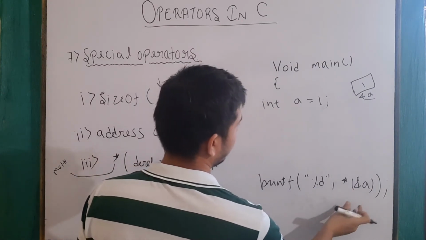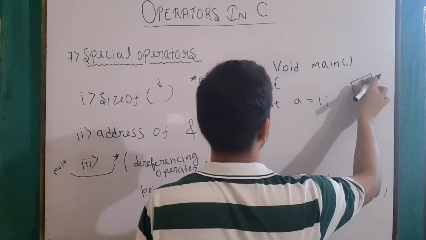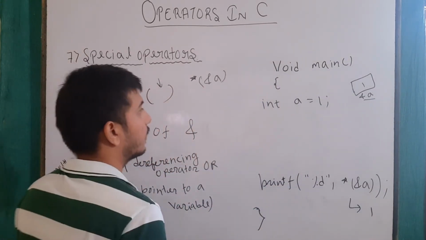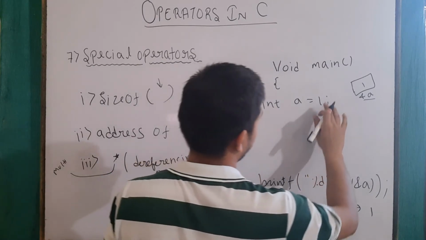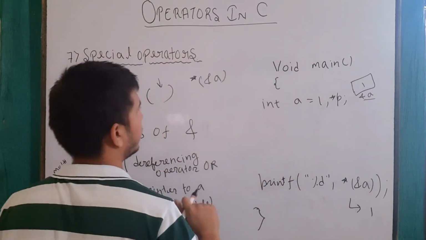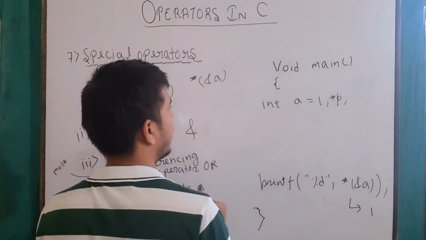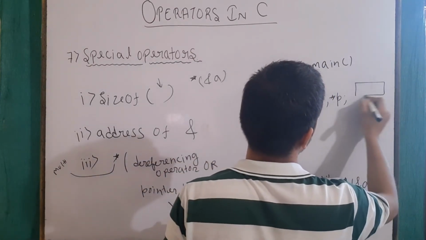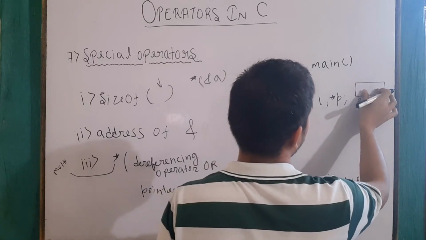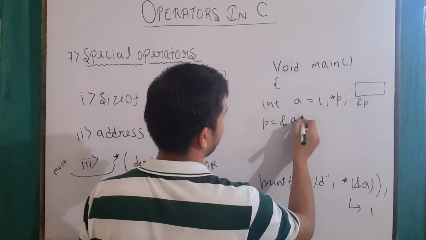So what is happening here: what I am trying to dereference is &a. What is &a? And what is present at &a? It is 1. So our output will be 1 here. Okay, the second use is with a pointer variable. Let's say I am using a single pointer, *p. Now these variables have the ability to store an address also. So p can hold the address of any other variable, let's say a.